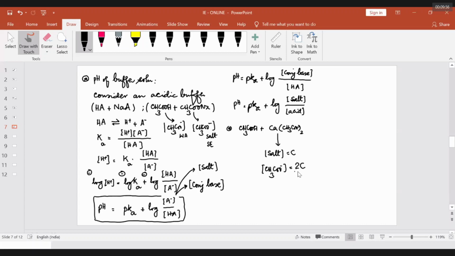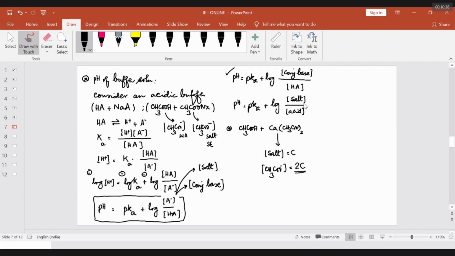Be careful, be careful when you are doing a problem. This is a wrong way, but people say like this, examiners and even books also are having this statement. Yes, it is applicable. It's correct, but only in case of binary electrolytes, 1:1 type of electrolyte. If, for example, you are having any electrolyte which consists of a ternary type of system or quaternary type of system, then you should be careful. This is not salt. Therefore, the most accurate way of representing is pH = pKa + log of concentration of conjugate base by concentration of acid. Therefore, this is important.